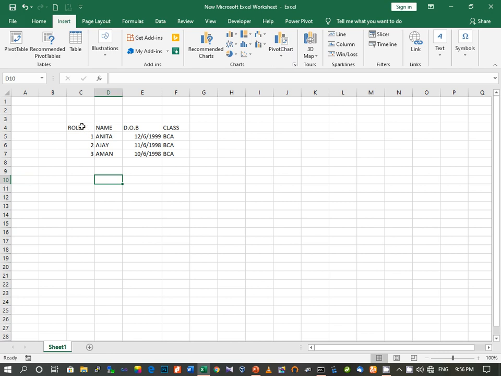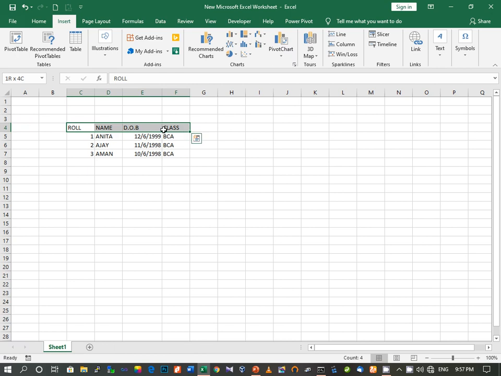Suppose I want to select this column and this column, so for that I will use the Shift button. First I select the column which I want to select, then I press the Shift button and drag the mouse. You can see that I am dragging the mouse and all the columns are selected.